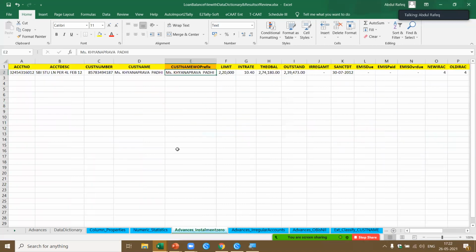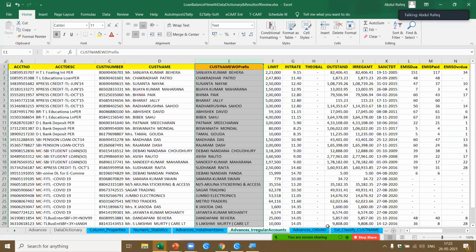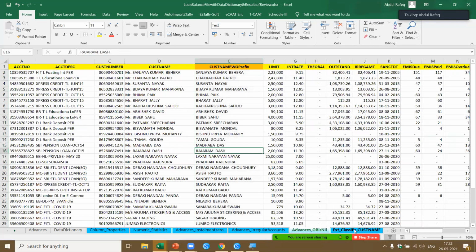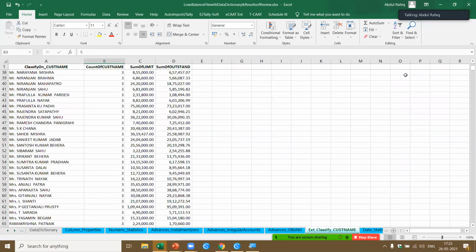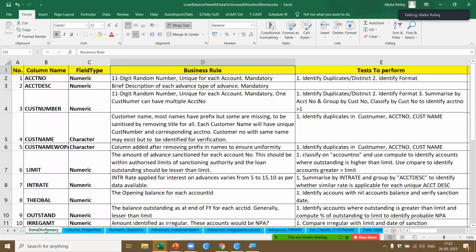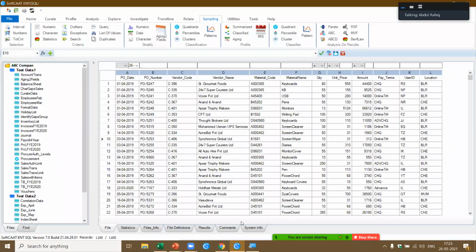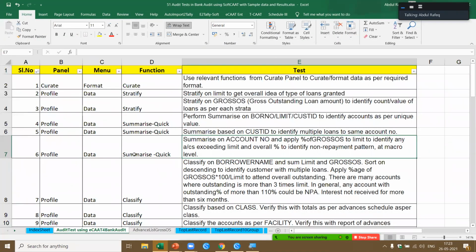Then I have the advance installment is 0. Like that, I performed analysis on various types. I'll not get into the details. You can see the recordings of last month where I've gone into detail with this example. Now, my idea primarily was to show you there's something called the data dictionary, and this is where I want to focus, to show you, based on these two case studies, how business rules are applied for the type of data which is available. Now, let me show you one last case example. If you come to Excel, based on this business rule, I decide what type of audit tests I perform.